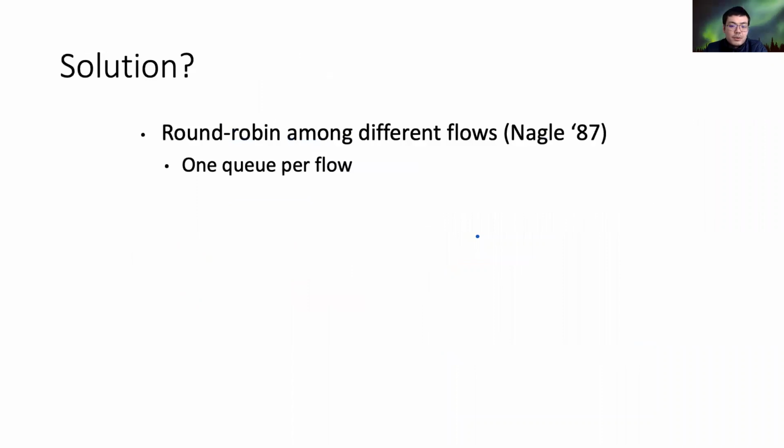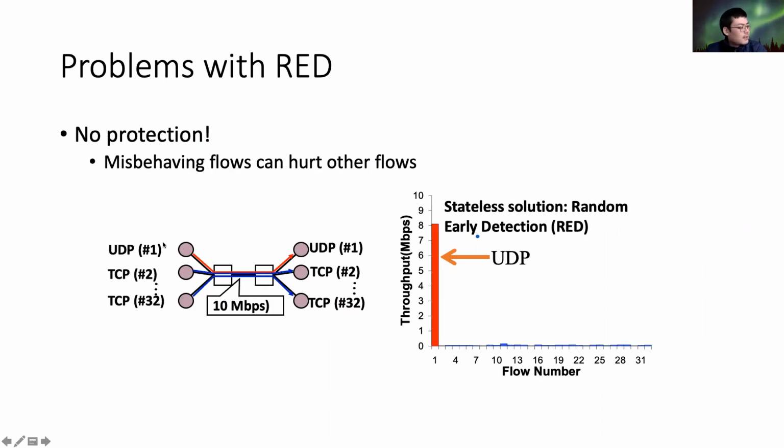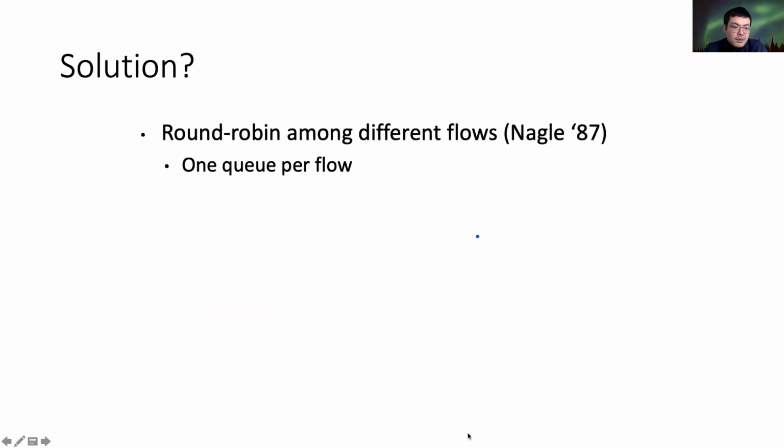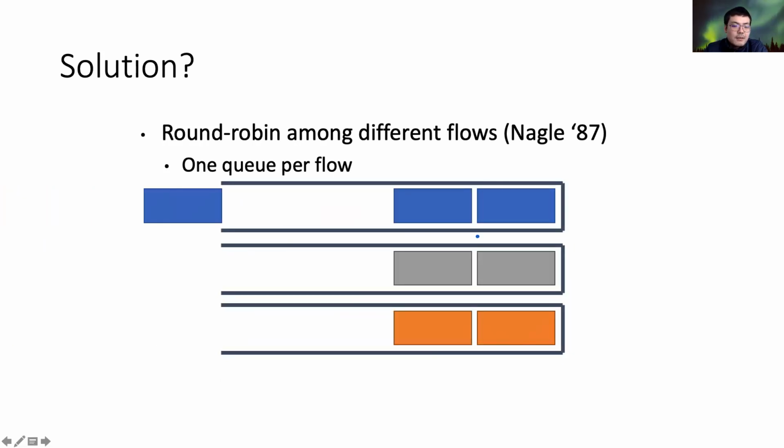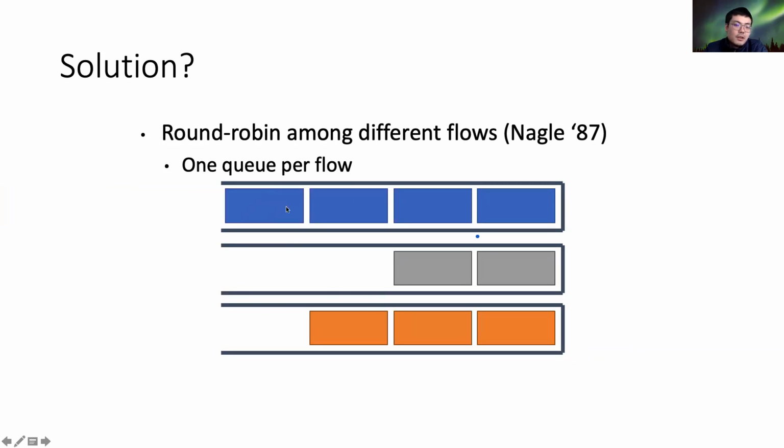So ideally, we want to maintain state. Let's say we have 32 connections, and none of them can use more than a certain fraction. You should allow others to also use the bandwidth. So an ideal way is to maintain one queue per flow. This means we can serve the different flows in a round robin manner. For example, for the blue flow and the orange flow, we have this, and then this blue flow,